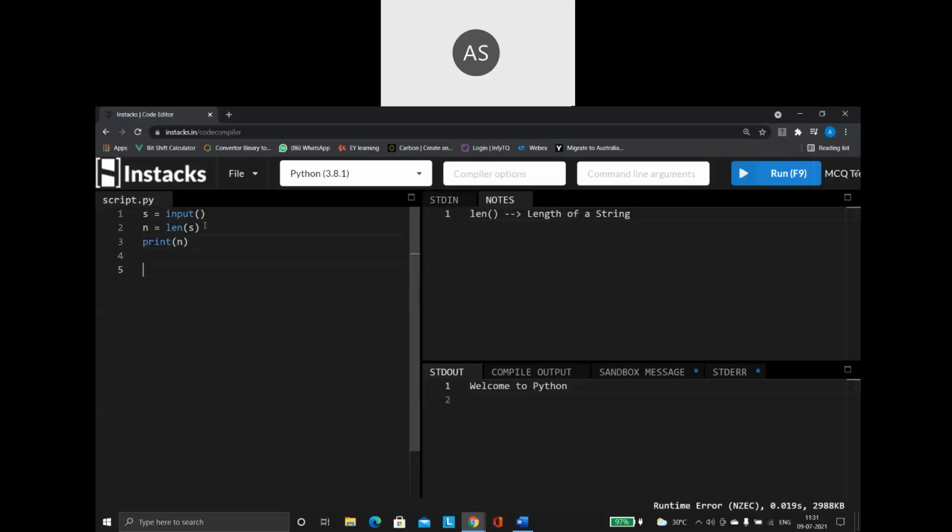I can do it like this, or directly I can say print len of s. So you can store it inside another variable and then print it, or directly say len of s. Here I have to give a value for len. So I'm saying hi.